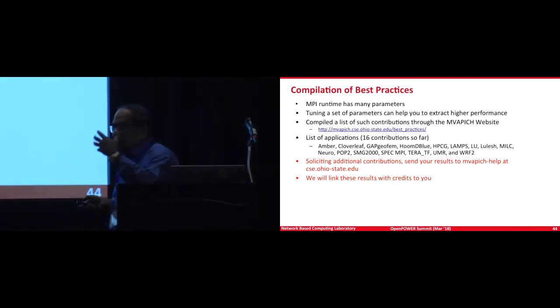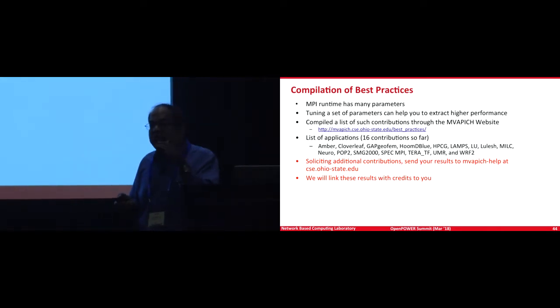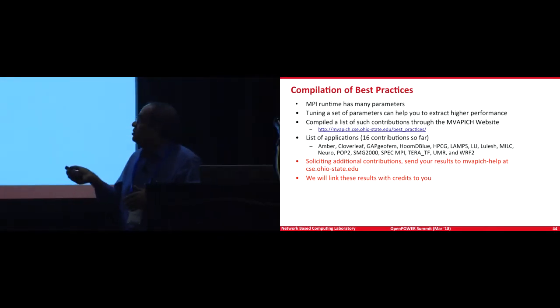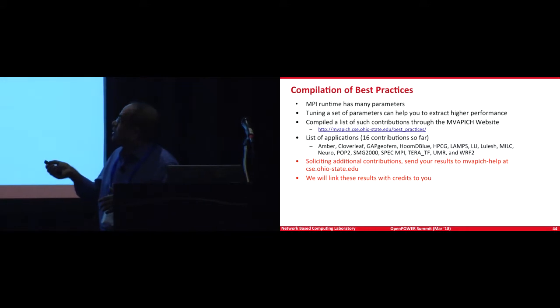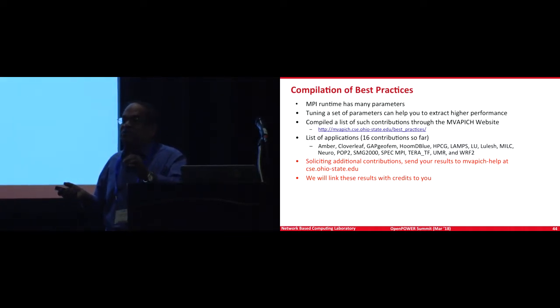This is a broad MVAPICH project. As we have been working on these, we not only provide individual solutions. If some of you are not familiar, over the years we have collected a lot of best practices, because this library gets widely used. If you are using a particular kind of MPI application and you want to tune it, of course, the MPI library has so many parameters. This is a community effort I just want to share. You can take a look at these, and if you want to contribute your tuning, we can add it with your credit.